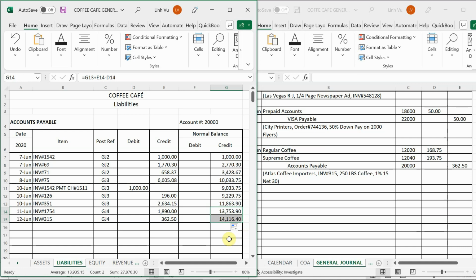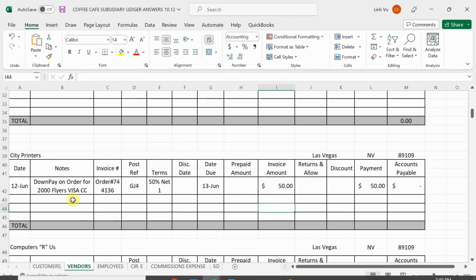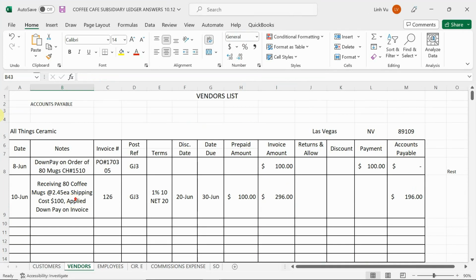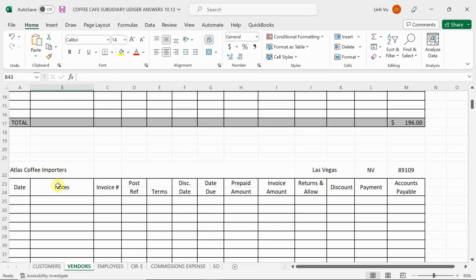All right. So now that I've finished my journal, posted it to my ledger here, I can now go ahead and post it to my subsidiary ledger, because now I owe Atlas Coffee money. Starting from the very top, you've got all things ceramics. Here's Atlas Coffee Importer. So the very first transaction here is I'm going to put in that I have